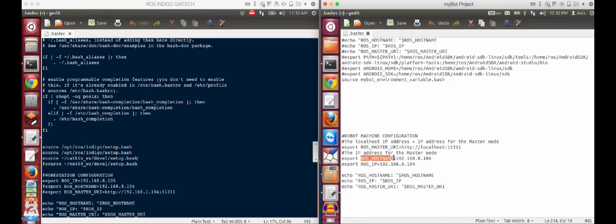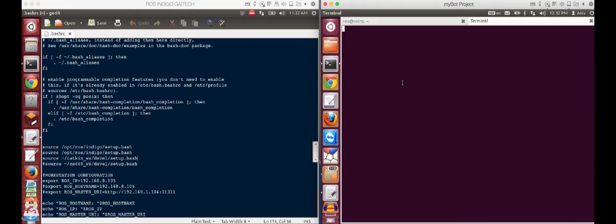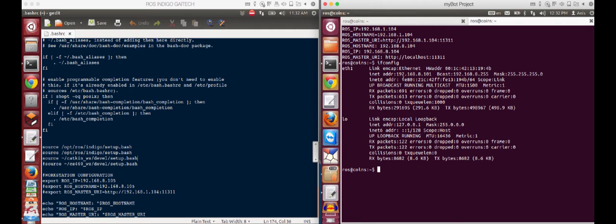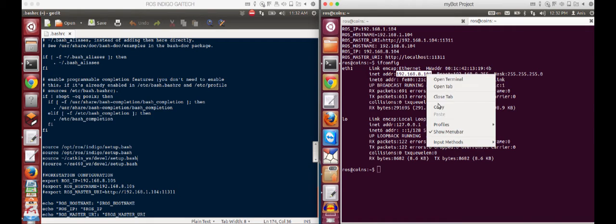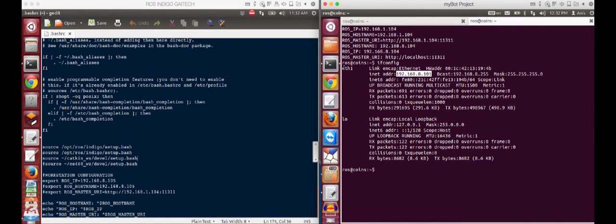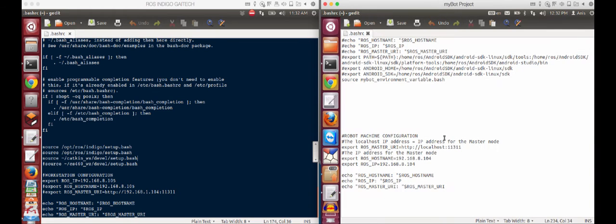And then also we need to specify the hostname, ROS hostname. These are environment variables related to the ROS environment. So for ROS hostname, here we put the IP address. So we need to find what is the IP address of the robot first. So I'm going to run ifconfig, and here we find that this is the IP address for eth1. It can be other interfaces depending on your network configuration. So when you find the IP address here, you have to change it accordingly in the bashrc.